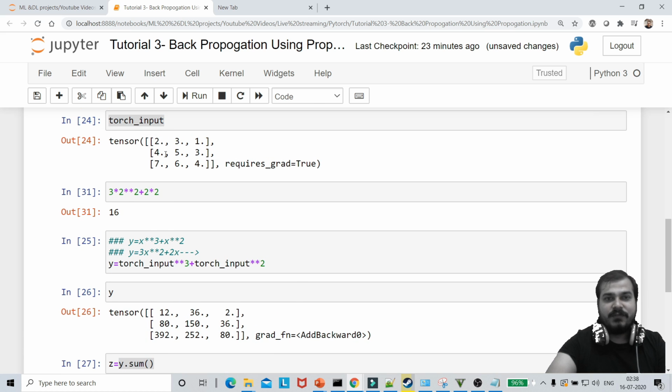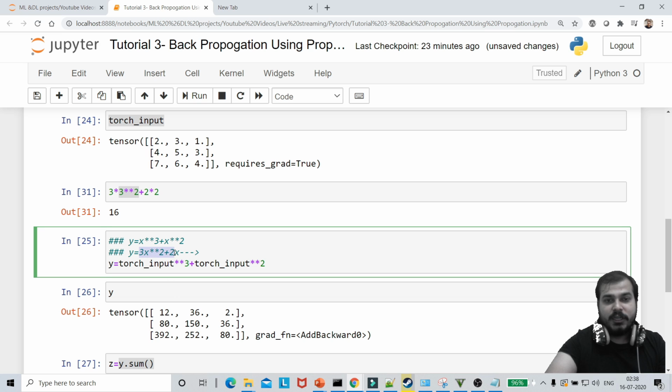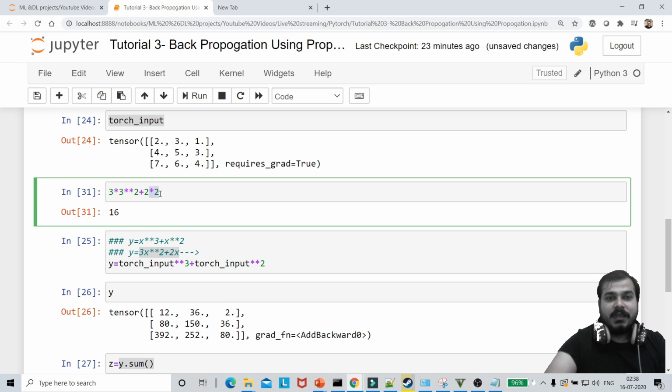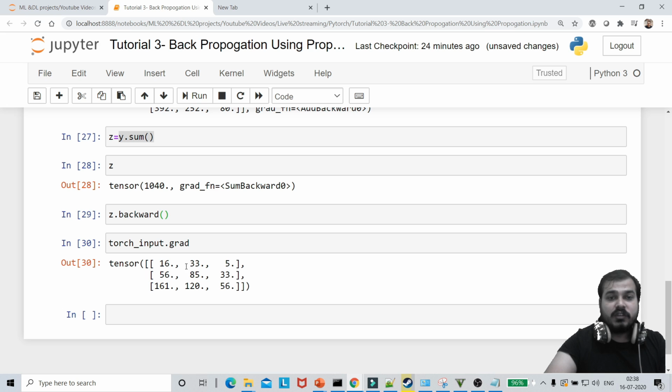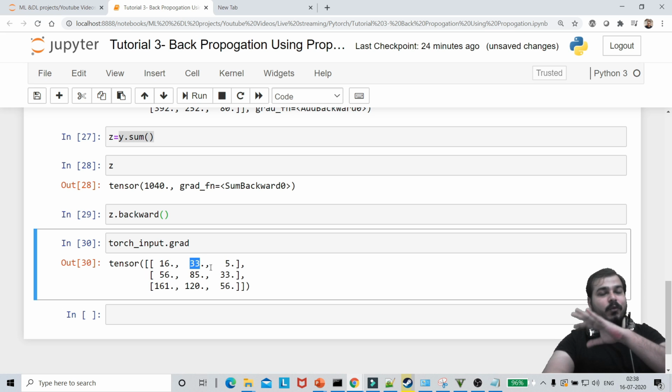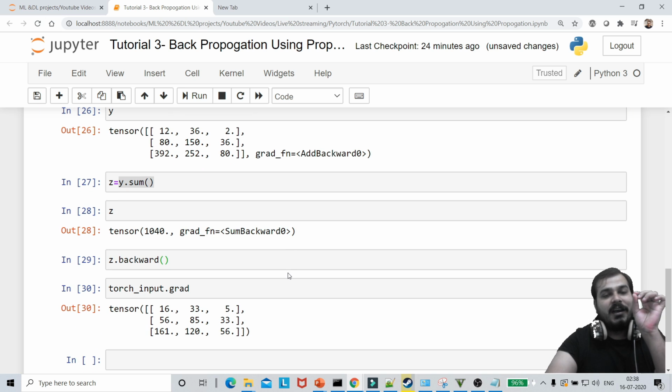Let me just consider 3 for my second example, right? So it will be 3 multiplied by x. x is nothing but 3, right? That is 3 to the power of 2, okay? Because we are actually doing this after one derivative. Plus 2 multiplied by 2, but instead of 2, I will write it as 3. If I execute it, guys, I am getting 33. So after one derivative, what we are just doing is finding the derivative,